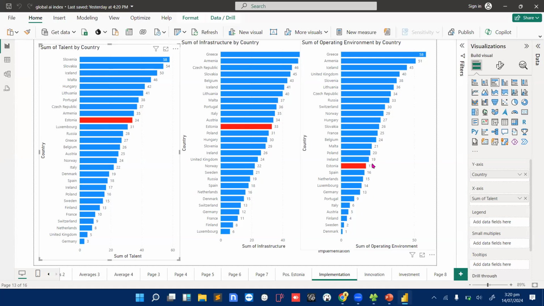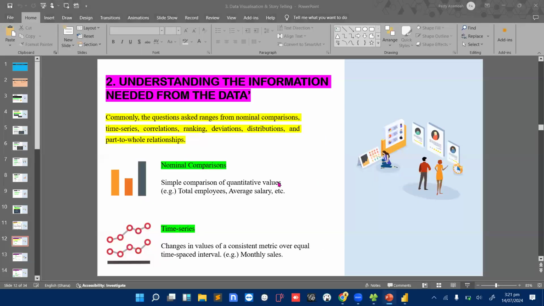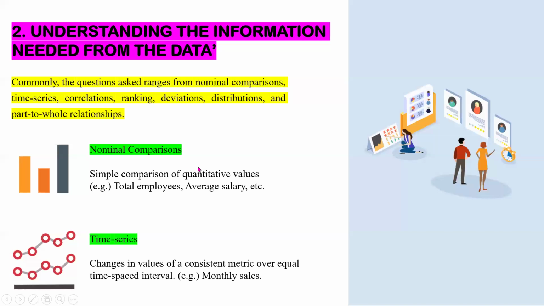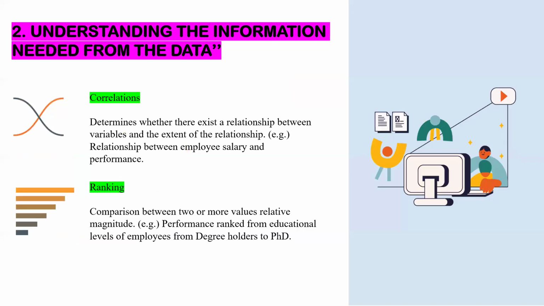Now that I know what I'm interested in, I know I have to do a comparison. So you see the kind of graph that I'm putting up here. I'm trying to compare the performance of this one, being index 17, as against the rest. Knowing that is going to help you know whether you should do a simple comparison, whether you should do a time series kind of analysis, whether you should run correlation analysis, or whether you should rank them like I have.